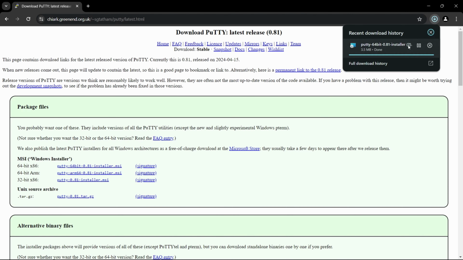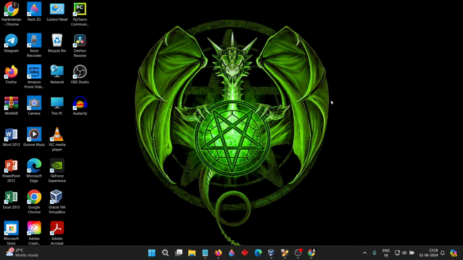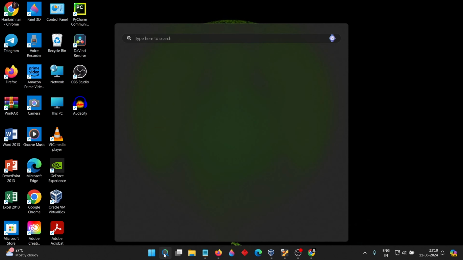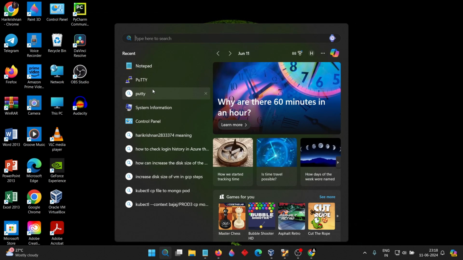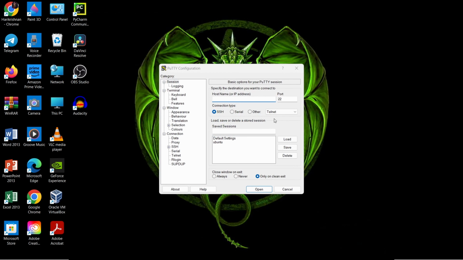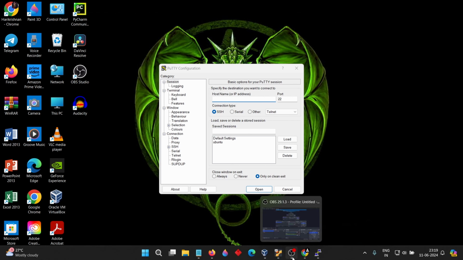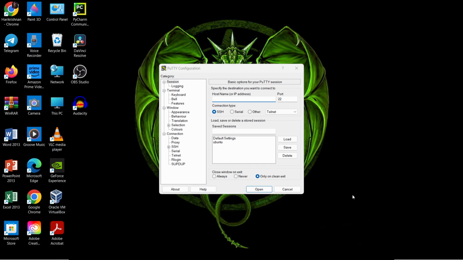Here I have already downloaded PuTTY, and I have already installed it. After installing PuTTY, you will see this interface. First, we want to give the host name or public IP address. Here I am running a Linux server, so I want to connect to that particular Linux server in my local